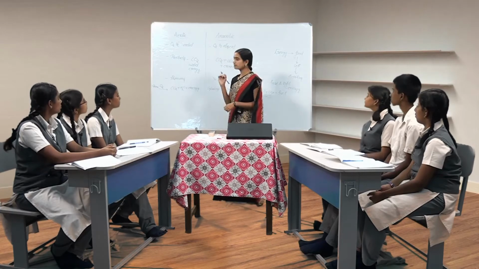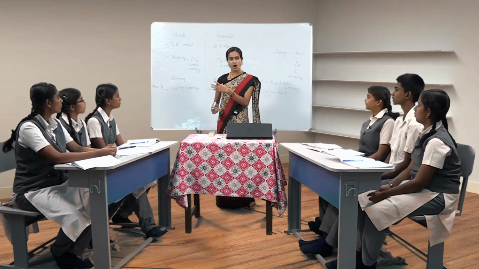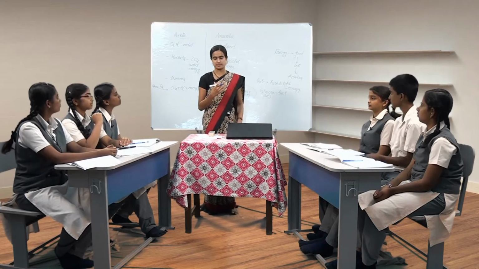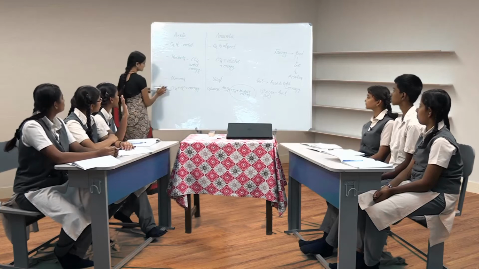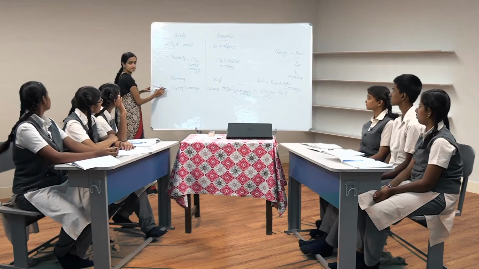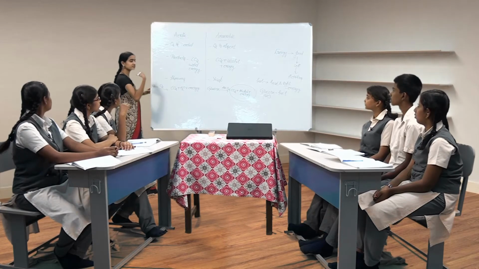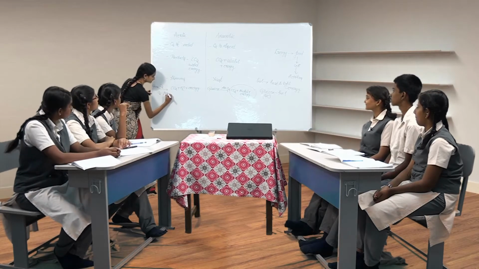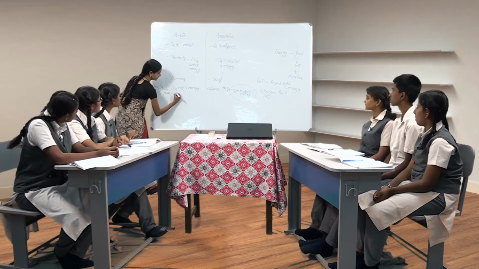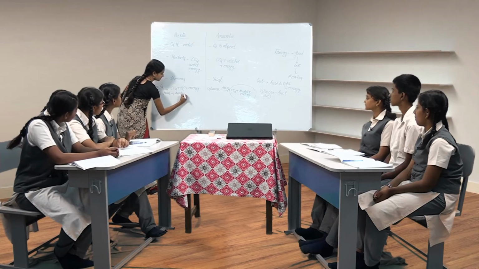Yes, ma'am. Okay. So, breathing is a part of respiration. We'll ask them how they are able to infer that statement. Who will tell me? Ma'am, it's correct, because oxygen is used. We are inhaling oxygen, so breathing is a part of respiration. Okay. So, we are using oxygen in aerobic respiration. From where do we get this oxygen? Ma'am, we breathe, from the air. So we get oxygen from air, which we breathe in and then use for aerobic respiration. So breathing is a part of respiration.